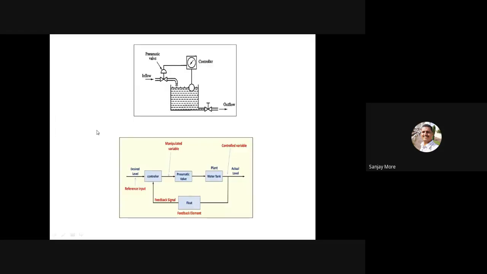So here, the block diagram displays the various reference points or input points. The block diagram also displays the feedback system. This is a closed loop system. It means from start to end, in a closed loop system, a feedback element is attached.